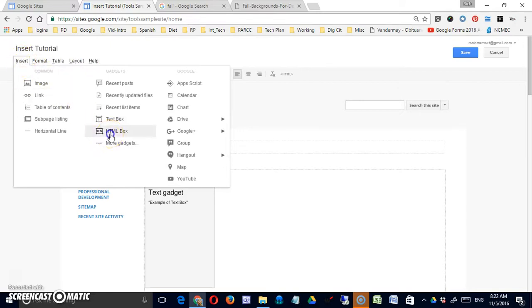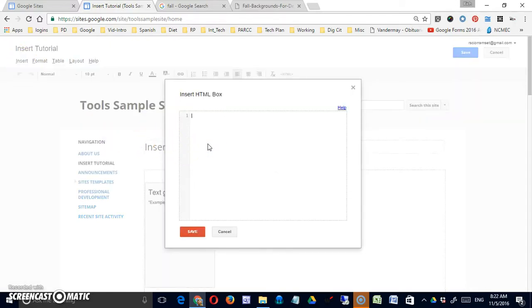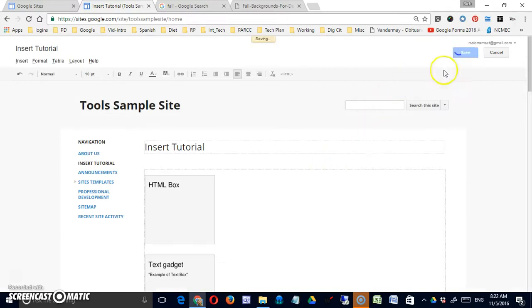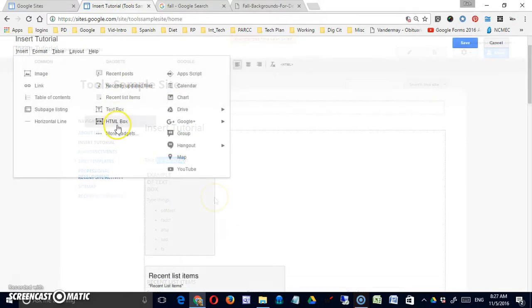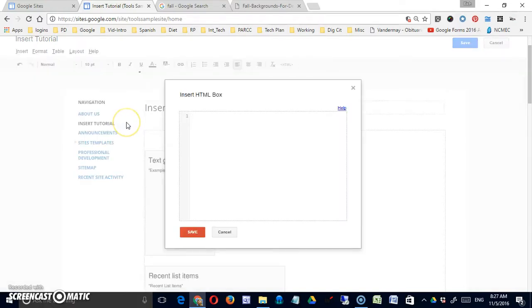There's an HTML box, and basically what an HTML box does is it lets me write my own HTML code. So if you're very familiar with HTML, I guess this could be useful to you. I mean, I like to code in HTML, but I haven't found a great use for it in sites. I find there are easier ways to work around and do things. But if there's some feature that you know how to do in HTML that's not available, you can insert an HTML box, and this just allows you to include embedded HTML into the